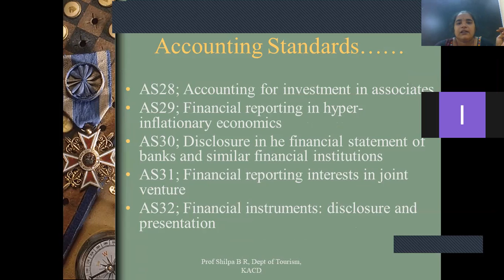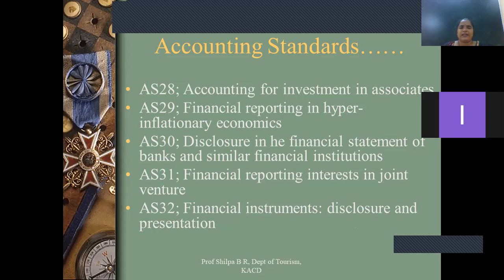Next, financial reporting for hyperinflationary economies means if there is a crisis situation, there is a constant rise in price, or you can say there is huge instability in prices. So constantly the prices are increasing, prices of raw materials or anything else which is needed for the business. So if you have a business in such a country where there is a crisis situation, there is a lot of inflation which is shooting up because of maybe many reasons.